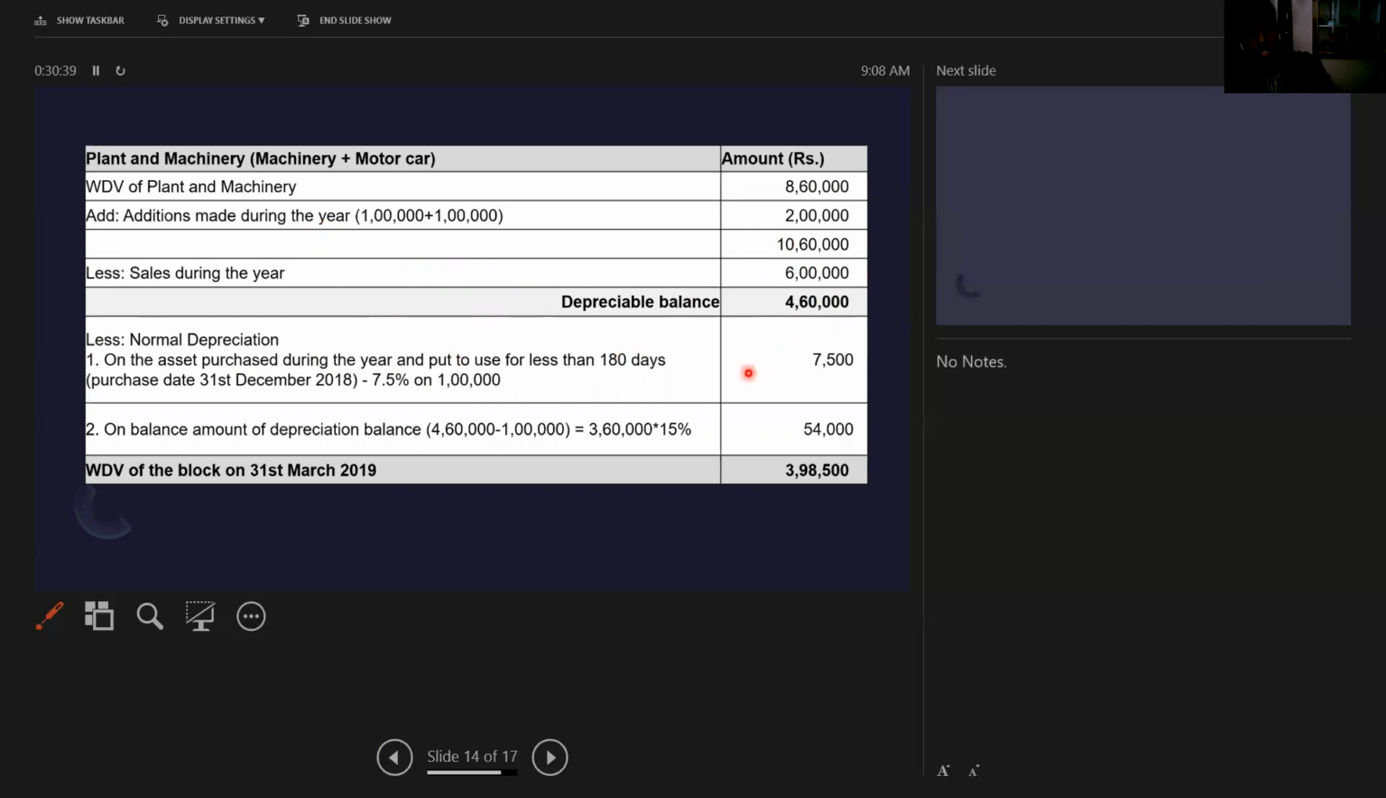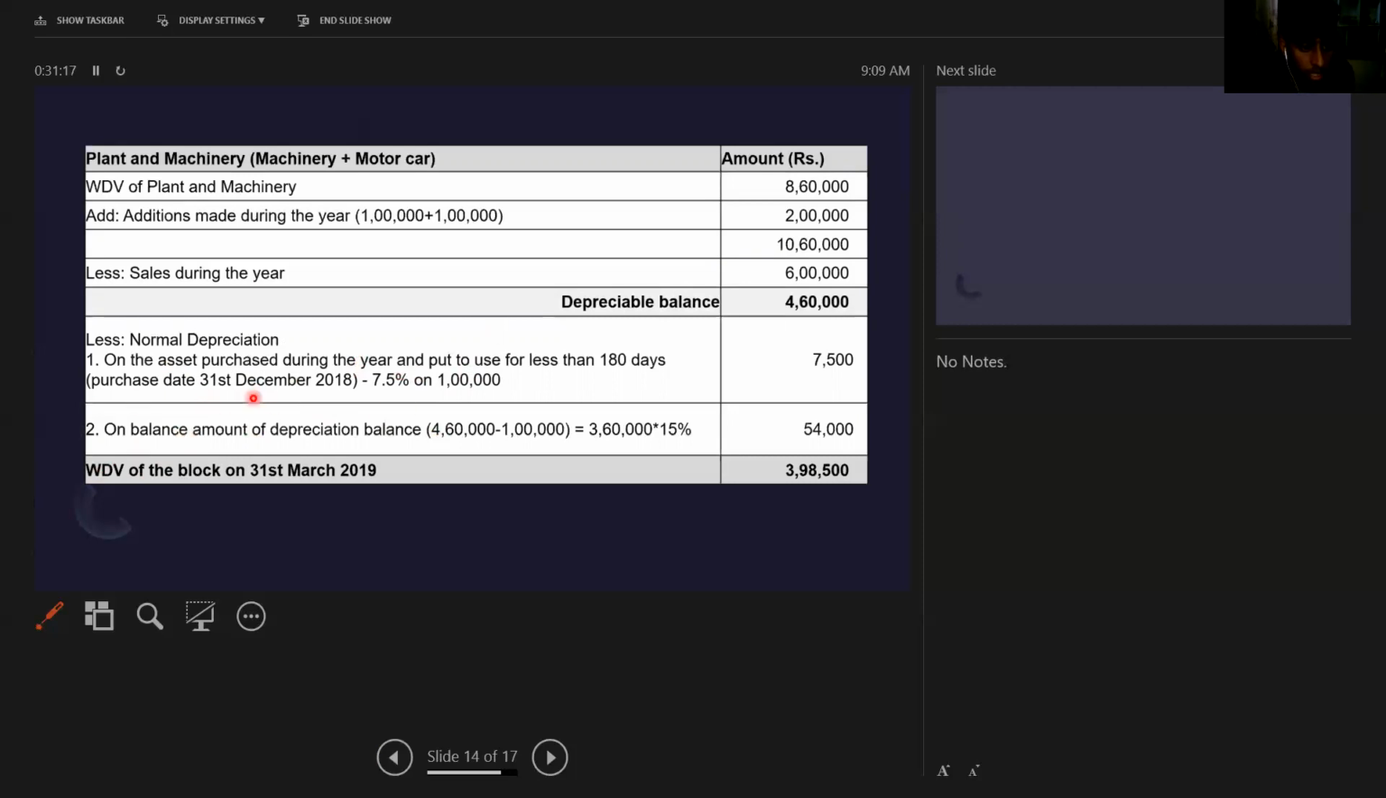Okay, after adding the purchases and after deducting the sale discard, the balance which we get is 4,60,000. And here we have to note down one important thing. In the previous slides, I have told you that any asset which is sold in the same year, and which is used for less than 180 days, we have to charge depreciation at half of the depreciation. So here you can see